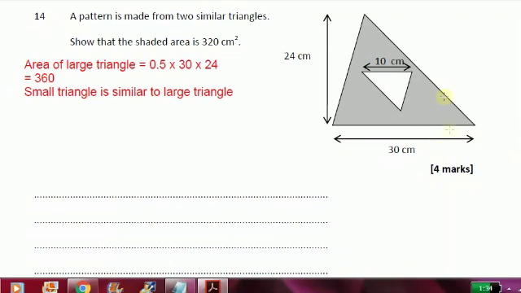Maybe it's easier if you imagine it rotated back, the small one would look something like this. Then you can see it looks more similar to the big one, with a base of 10 instead of a base of 30. So the ratio of the bases is 1 to 3, 1/3. So the scale factor is 1/3 there,